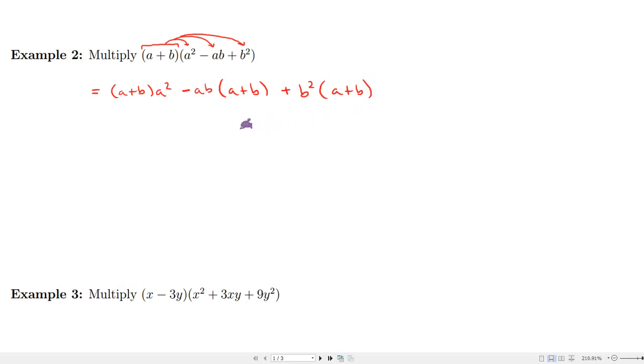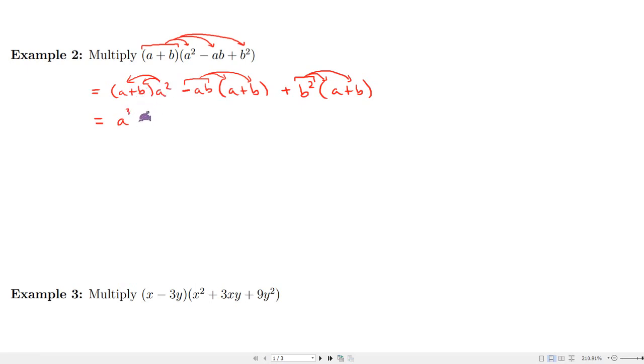Okay. So then what? Well, we would have to distribute in these terms. So the a squared gets distributed, and the minus ab gets distributed, and then the b squared would get distributed. Okay, so distributing in the a squared, you will have a squared times a, and you will add those exponents together. So you will have a cubed,